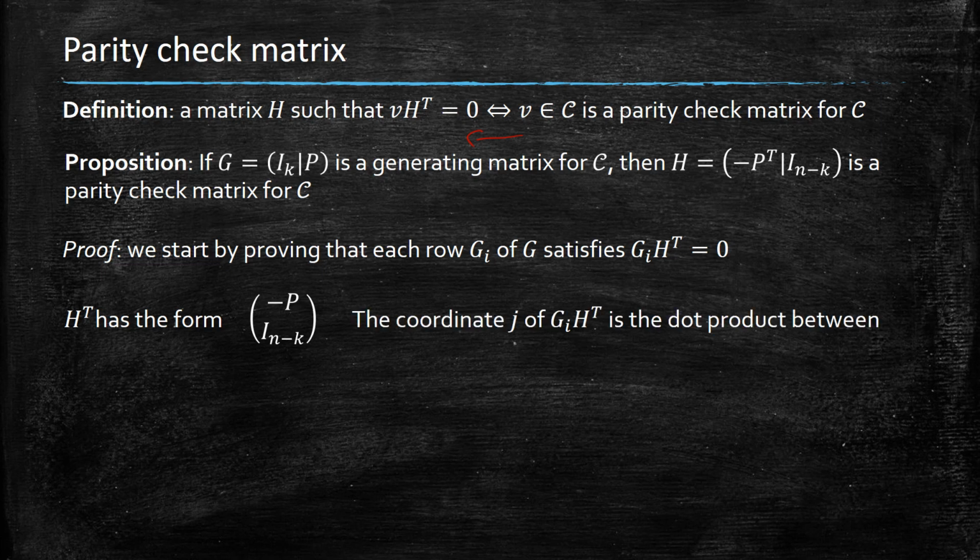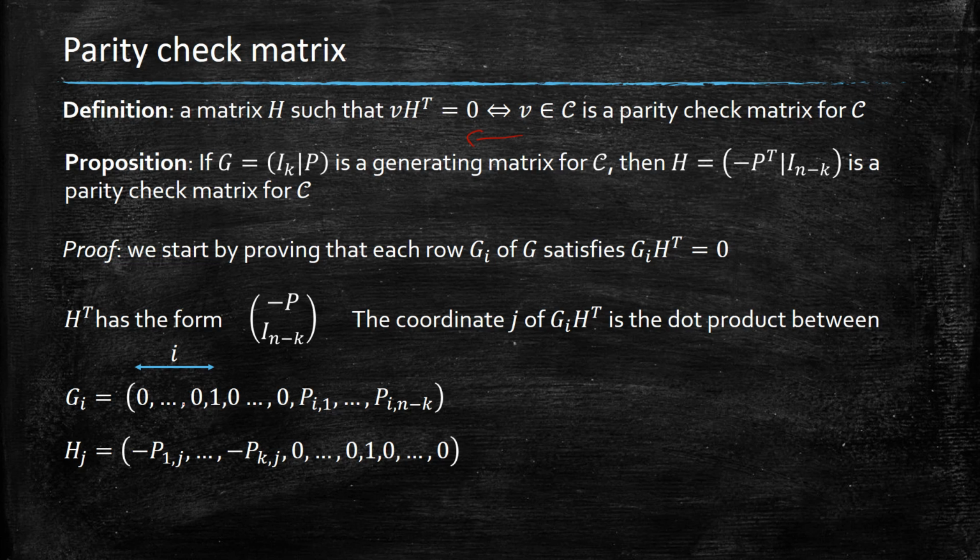Okay, so H transpose has the form minus P followed by an identity block of size n minus k, and the coordinate j of g_i times H transpose is the dot product between those two vectors. First, the g_i, so the row of index i of G, which has the one at the index i, and then the column vector of H transpose which corresponds to the row j of H, which has this form,